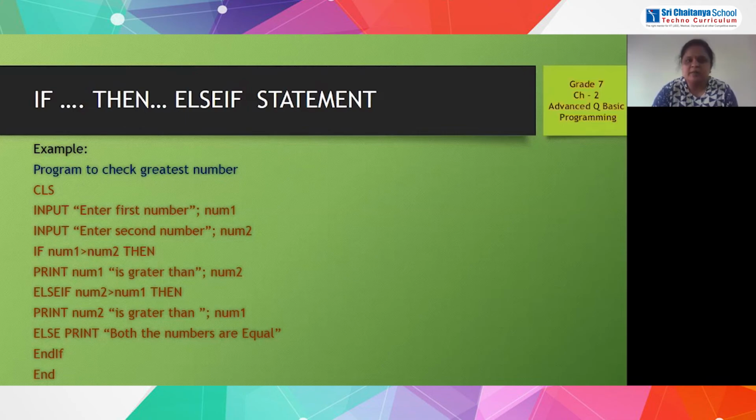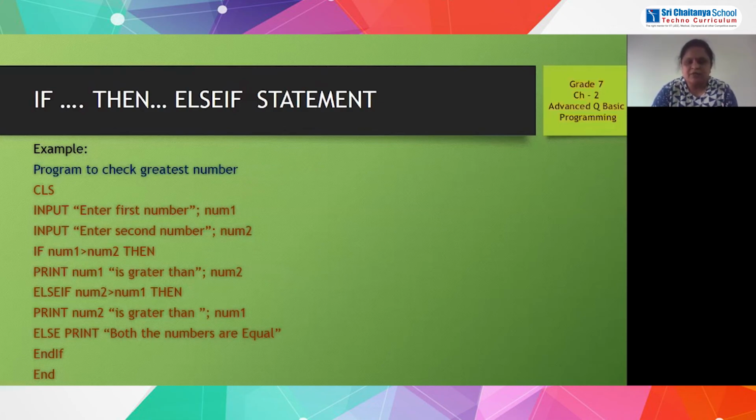Let us go line by line. In the first line we have written CLS, that is clear the output screen, and then input, enter the first number. The first number is saved in the num1 variable. Next line, input, enter the second number. The second number is saved here in the number2 variable.